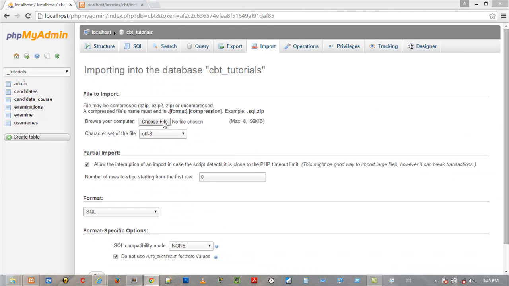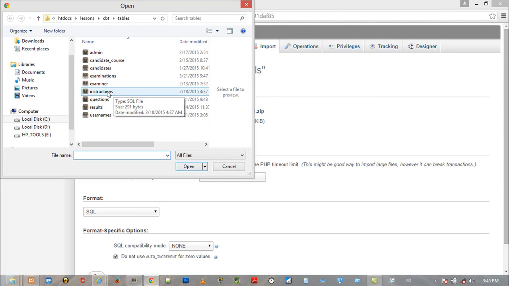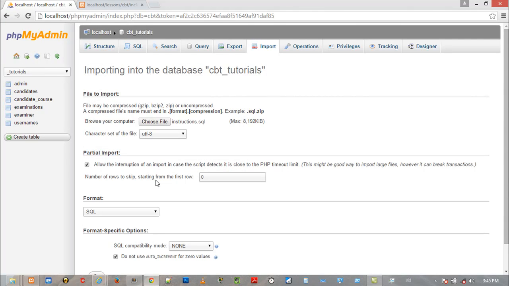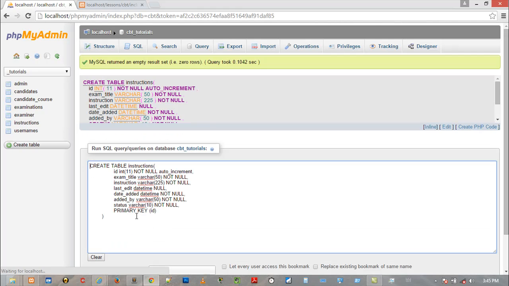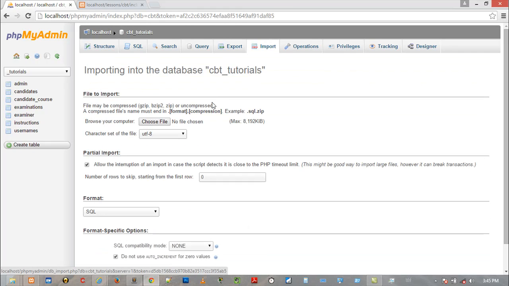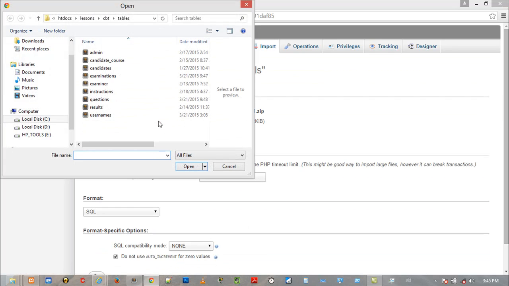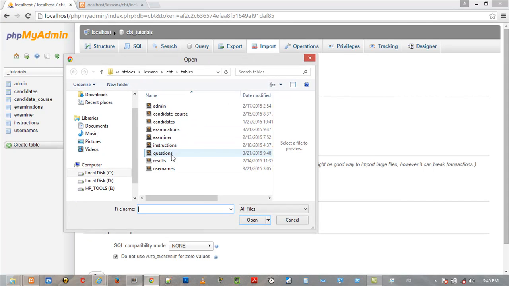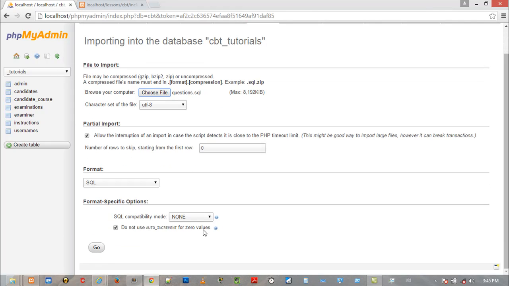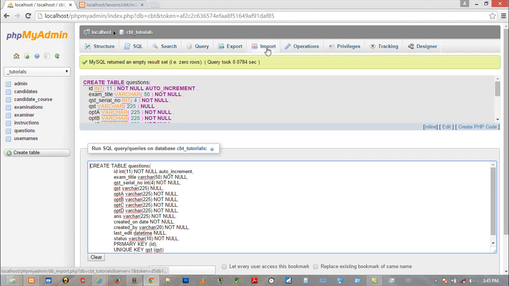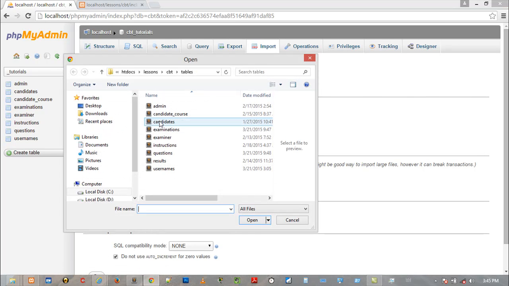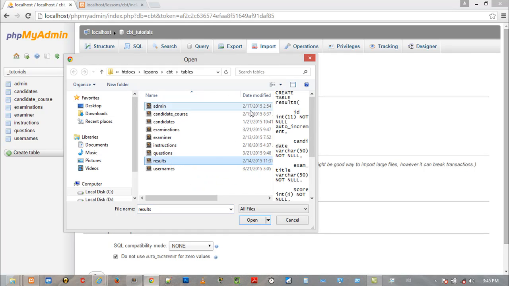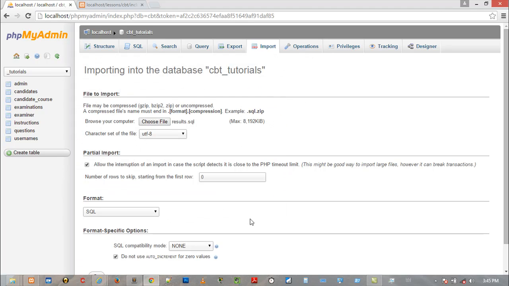Next, you see how easy this is. So whichever system you're trying to move the project to, you don't have to start trying to create tables, trying to know what fields you have on each table. That's a lot of work. You just simply import what you've created already. I think the last thing we added was instructions. So questions. I'll scroll down. Makes life really easy. So I'd urge you guys to rather build your tables from code rather than creating them on your database directly. Results,